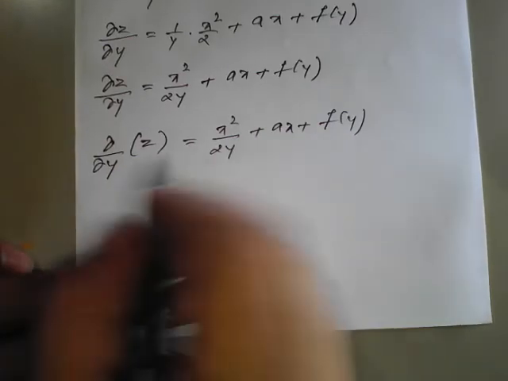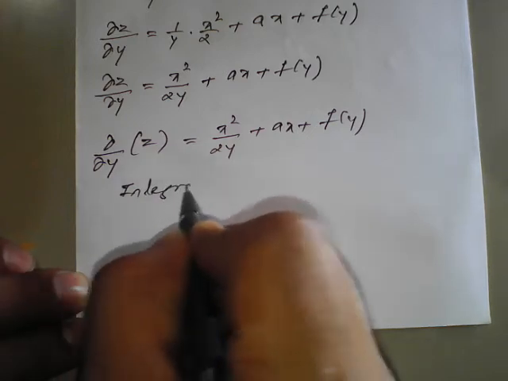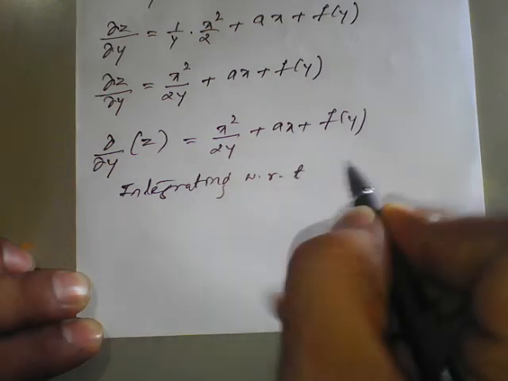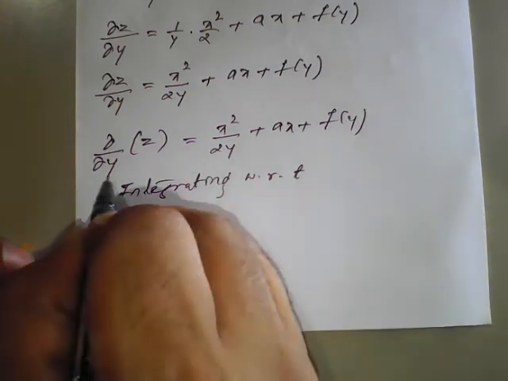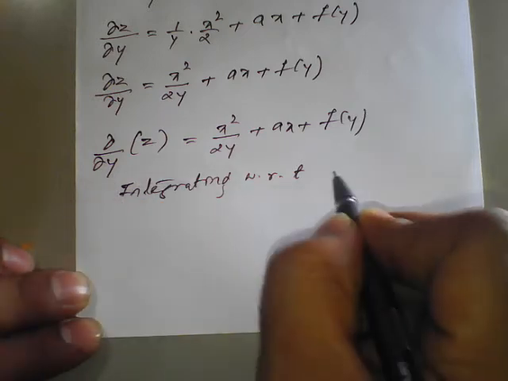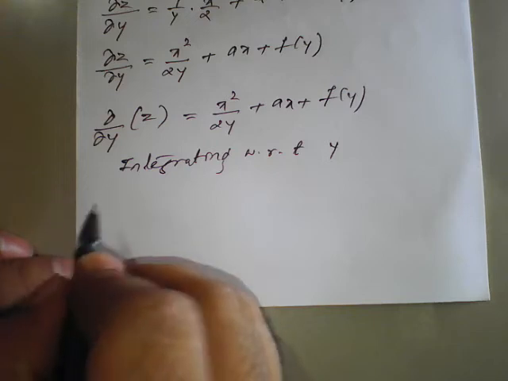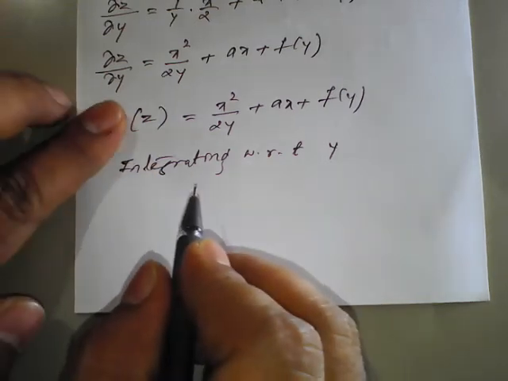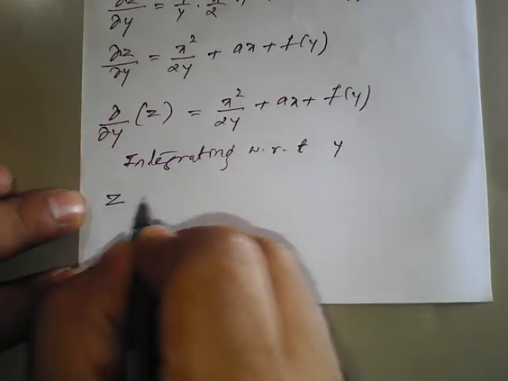So on integrating with respect to y, because dou y is there, this dou by dou y will vanish. What is going to be left? Z. So z is equal to,